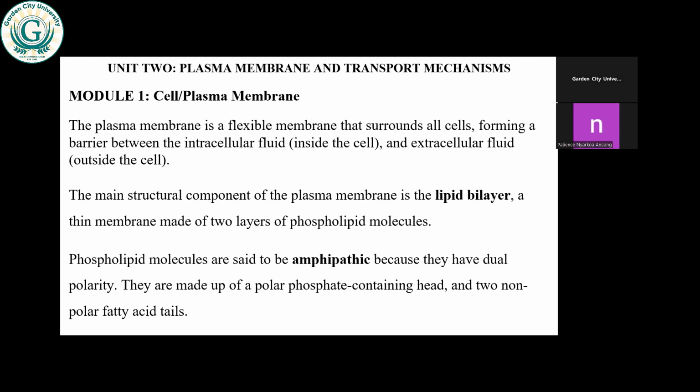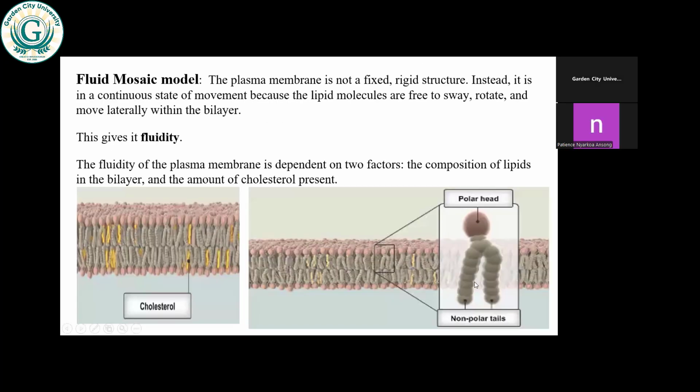The plasma membrane is flexible, it's not rigid, it's very flexible, and that is as a result of the components. First of all, you can look at the abundant component of the cell membrane, which is the phospholipids. Phospholipids are molecules that have a polar end and then a non-polar tail.